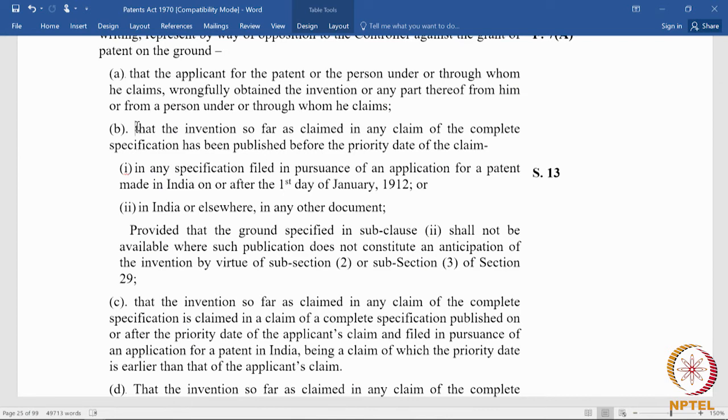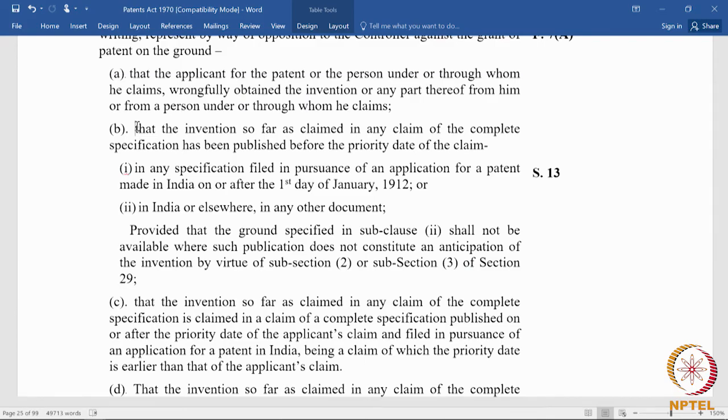The Act is 1911, it came into force on 1st January 1912. So, the reference simply means since the Indian Patent Office was established. So, any specification filed in pursuance of an application for a patent made in India on or after the 1st of January 1912 means any patent application made in India,